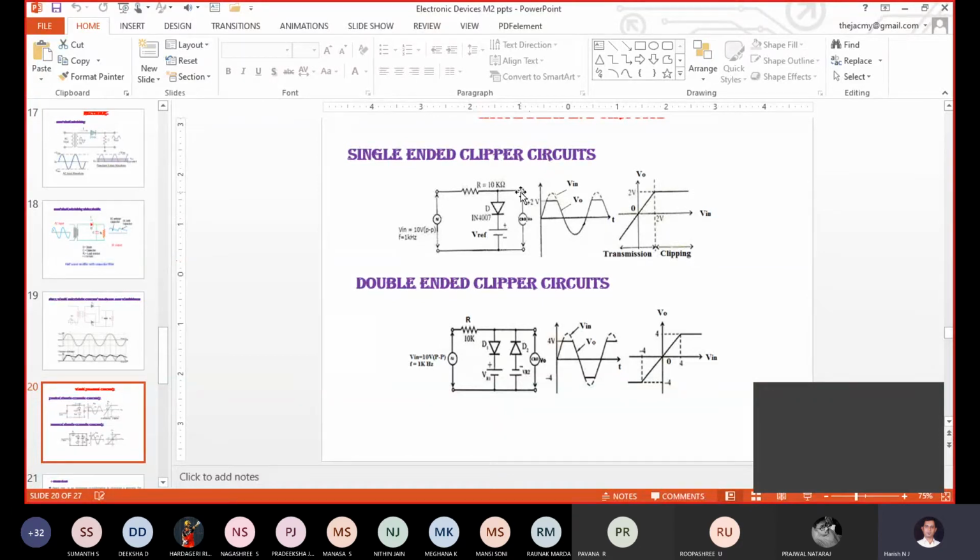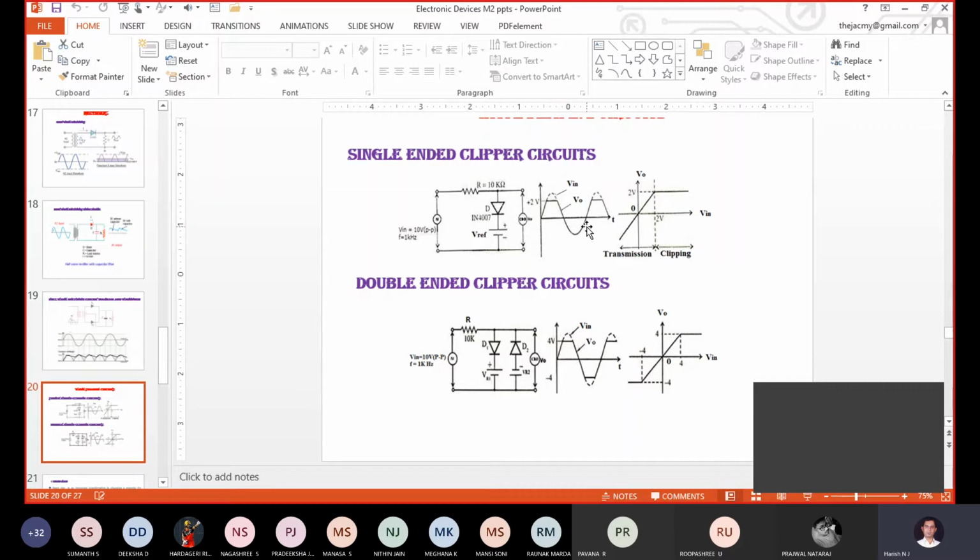So this is the circuit diagram. This is the output waveform. This is the transfer characteristics. What exactly the transfer characteristics are, we will discuss in the laboratory sessions. Who is going to teach this particular experiment? They are going to discuss in detail what the transfer characteristics are and what the use of that is, everything. Anyway, I have already displayed the output signal as well as the transfer characteristics of this particular circuit diagram. Correct.